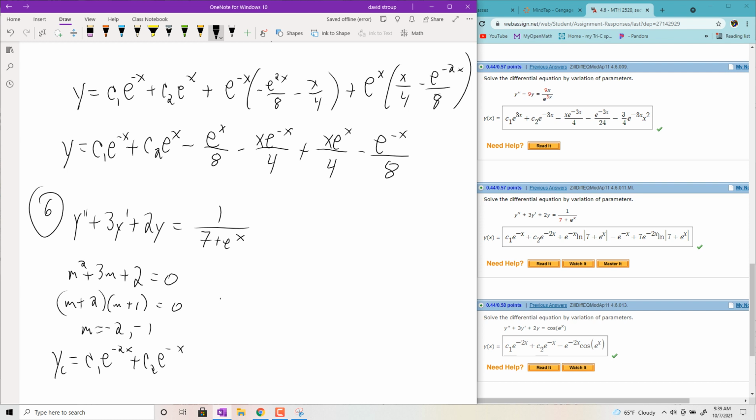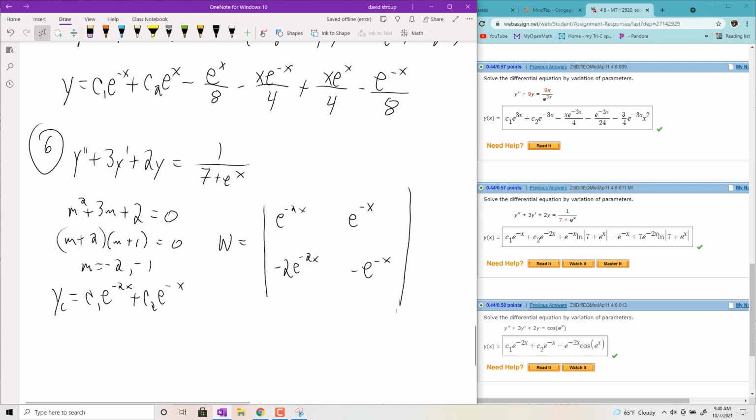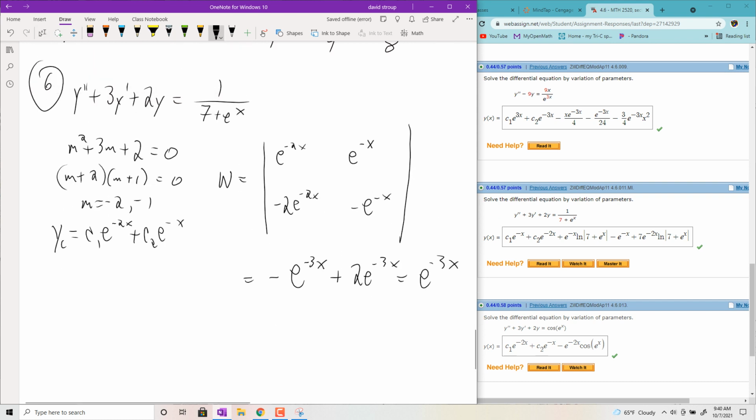Need the Wronskian. So the Wronskian is going to be e to the negative 2x, and then e to the negative x. Taking derivatives, I get negative 2e to the negative 2x, and then negative e to the negative x. That's the diagonals. Then I get negative e to the negative 3x minus negative, so plus 2e to the negative 3x, which will equal e to the negative 3x. And then,